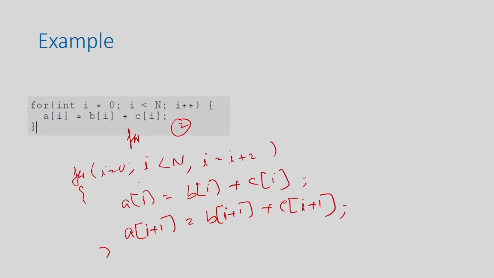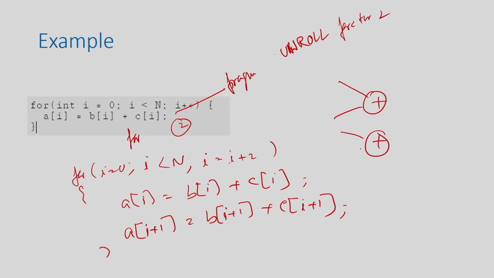So, if you just write a pragma in this code, pragma unroll factor 2, sorry, factor equal to 2, unroll factor 2, it will automatically be converted internally like this, or you can write it yourself. Okay. So, both are fine, and I am not drawing the diagram, but you can understand that you can use two operations to do these two things, right.